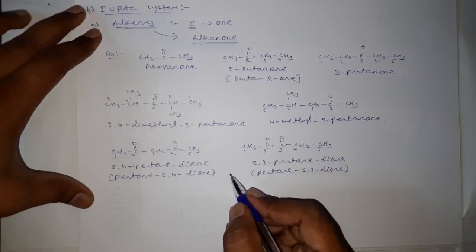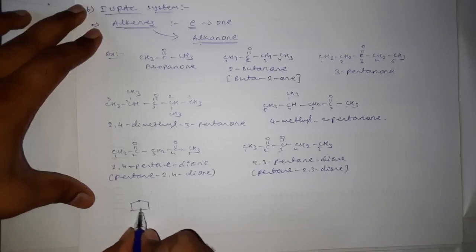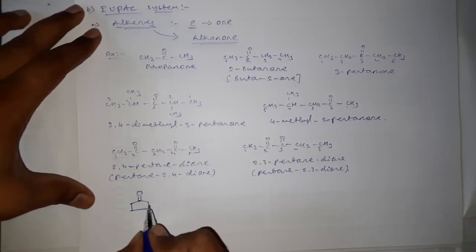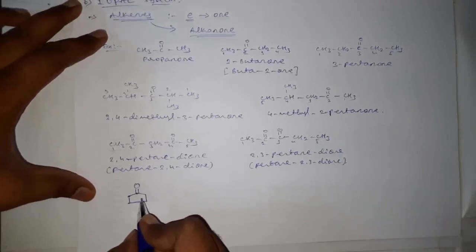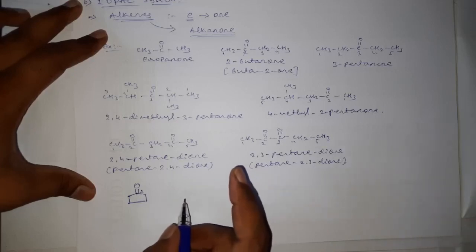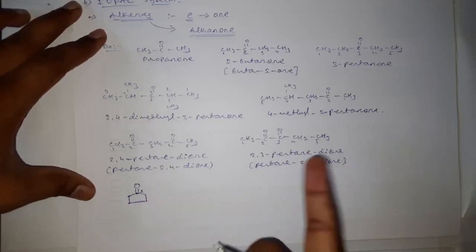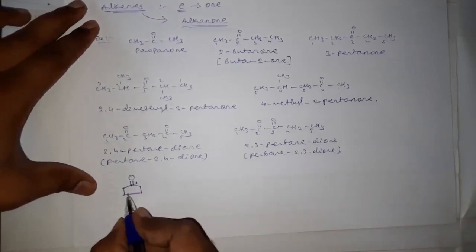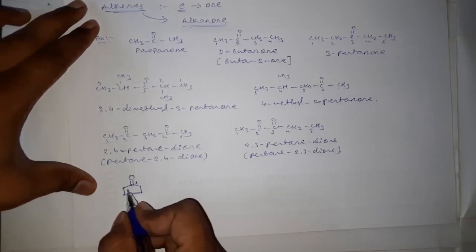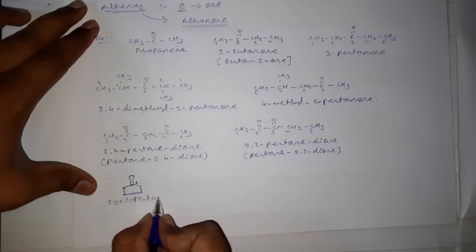the carbonyl group is assigned location position number 1. For cyclic ketones of this type, this is cyclopentane. If this type of ketones are there, these are called cyclic ketones. The carbonyl group is assigned position number 1. That is, it is numbered as 1 and is not included in the name. The position number 1 should not be included in the name. Okay, and its name is cyclopentane, and after replacing the E and adding ONE, we will get a cyclopentanone.